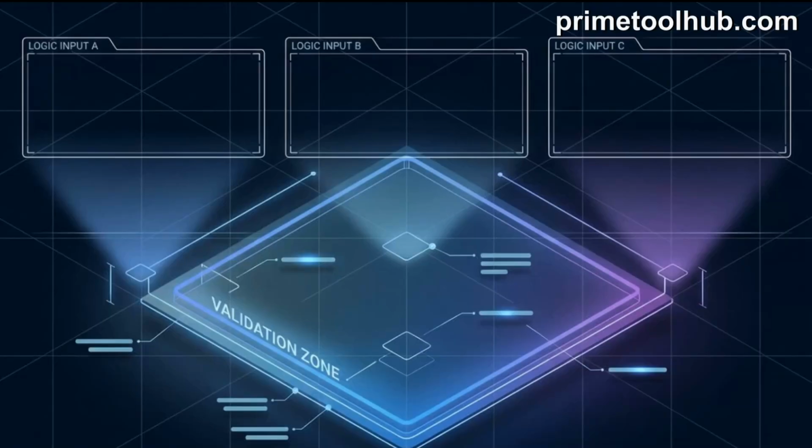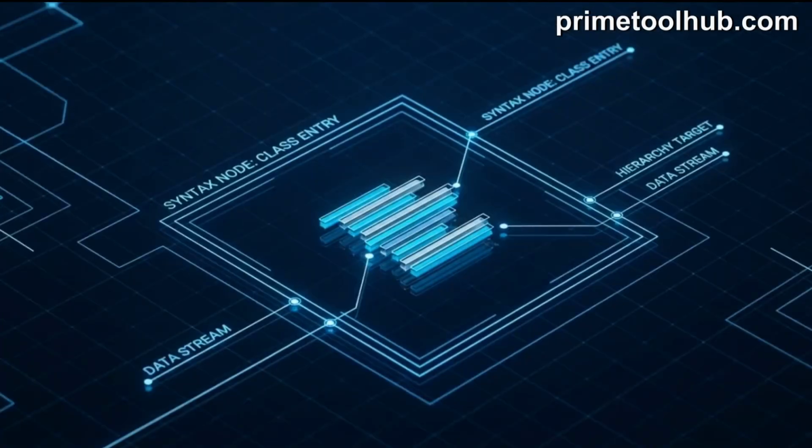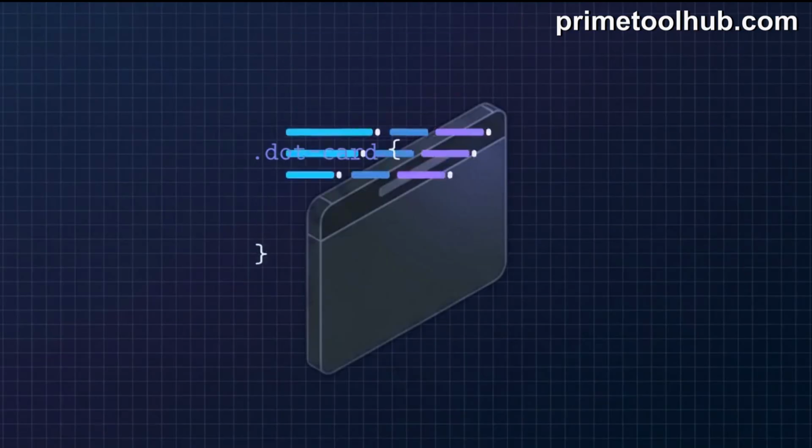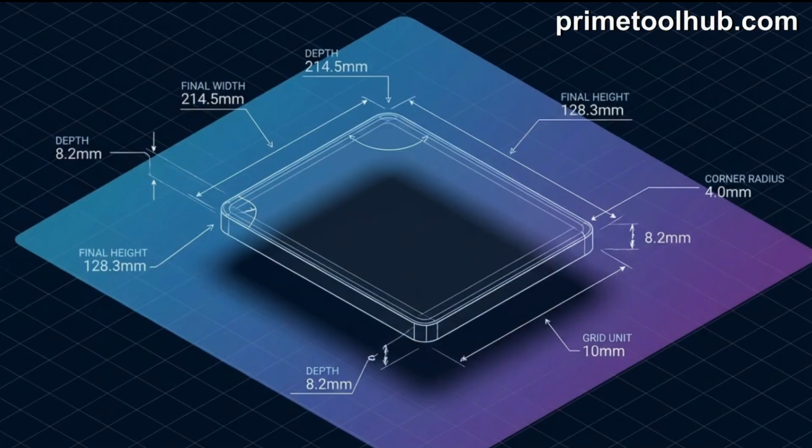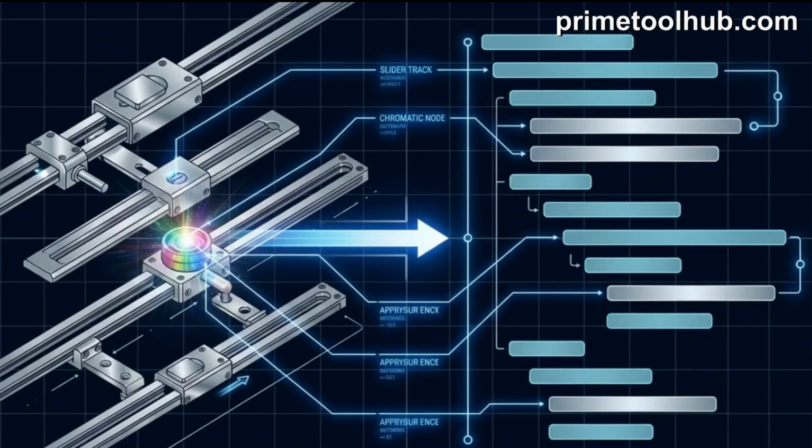Let's test this code. Cut back over to the live CodePen editor we set up earlier and focus on your target .card CSS class. Execute the paste command to drop your generated block directly into the style sheet. Look at the preview window. It updates instantly to display the perfectly floating UI element we just designed, proving the exact translation from visual tool